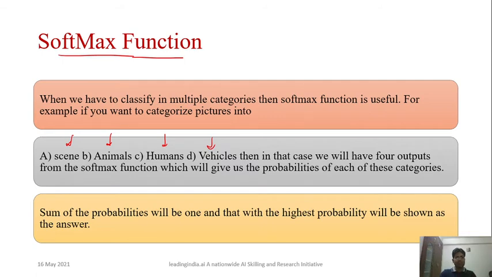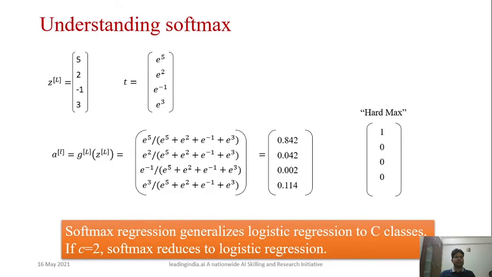So let's see how we can mathematically represent the softmax function. Suppose this is the output of your previous layer. Then we compute a temporary value, that is e to the power of these output values. So this will give e to the power 5, e to the power 2, e to the power minus 1, e to the power minus 3. Then this will give some values. Now in order to get the probability distribution, you divide each of these values by the sum of all. Once you divide by the sum of all, it automatically gives you a probability distribution.